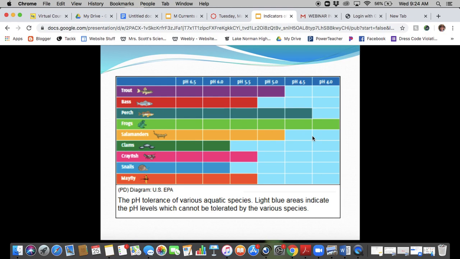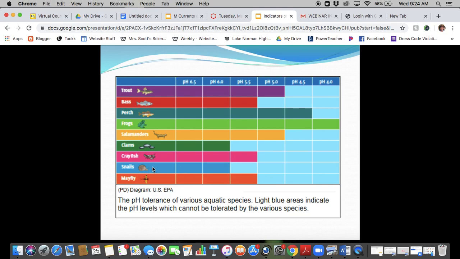The pH tolerance of various aquatic species. Light blue areas indicate pH levels which cannot be tolerated. That means they die. All right, so here, remember, the lower numbers mean more acidic, the higher numbers mean less acidic. All right? The animals that can't tolerate